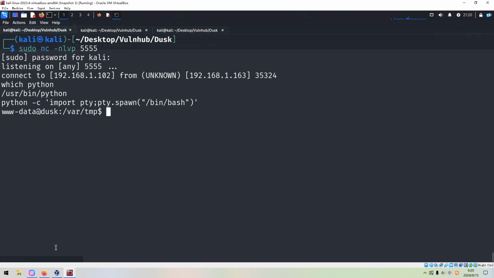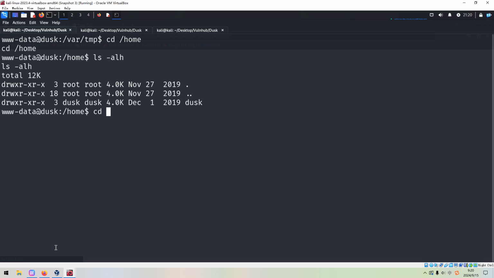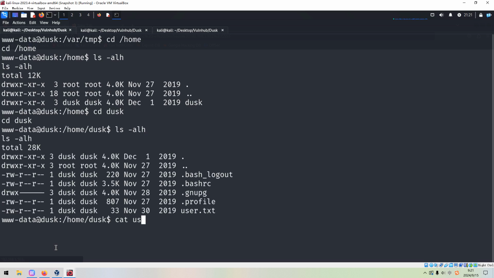Okay, and next we need to do some local enumeration. Before I do that, I'd like to export the variable of TERM, xterm-color, and then we can clear the screen. We can go to the home. There is only one normal user, and then we can grab the user flag, no problem.